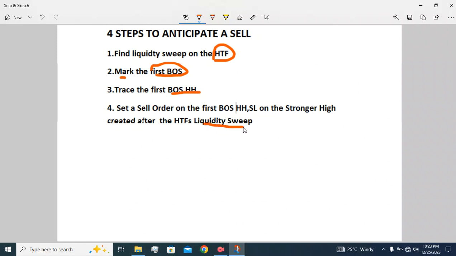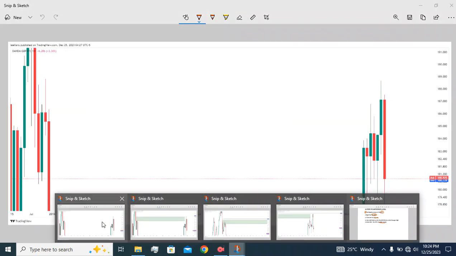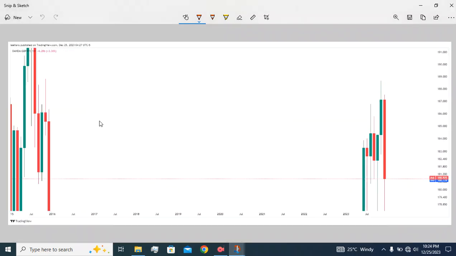Let's put these ones into perspective with a chart on Gbpjpy. Now, the first step we said is find the liquidity sweep on the higher time frame. Right before you is a chart for Gbpjpy on the monthly time frame,